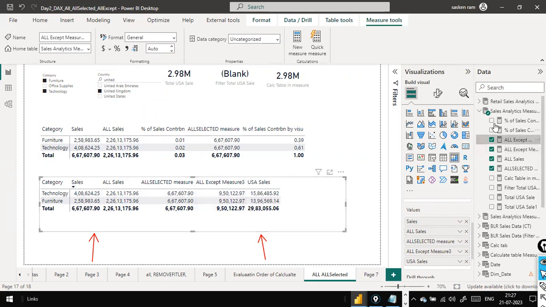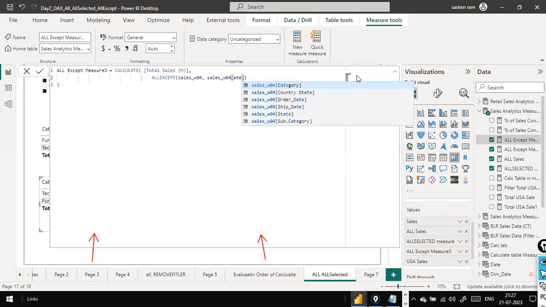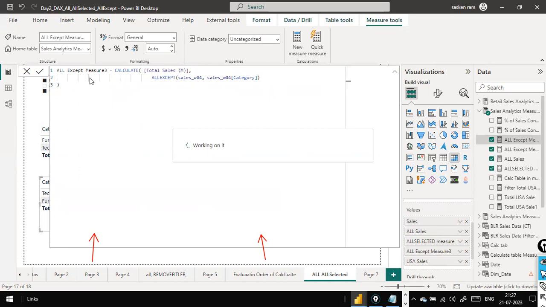6.67 only coming. Okay, let me do one thing. For the time being, I'm going to make it category itself. This is another insight. Look here. In this case,